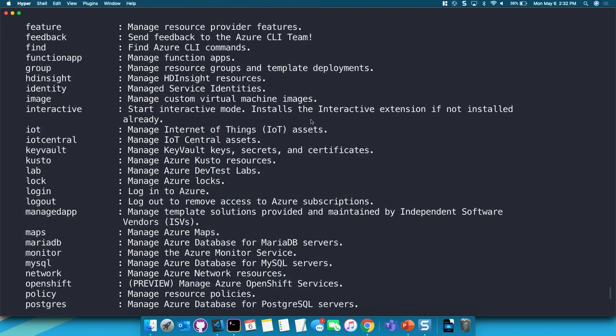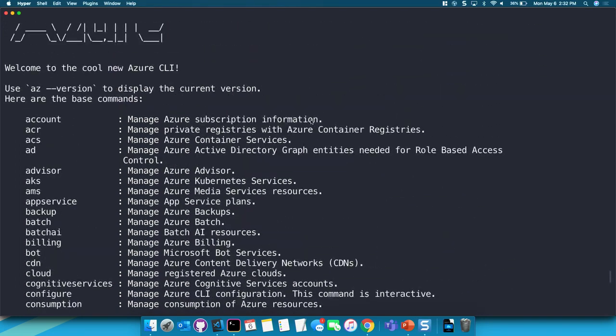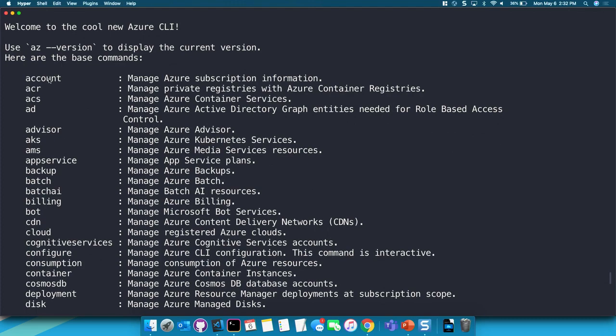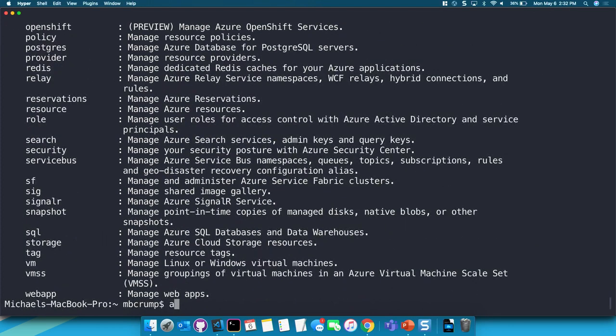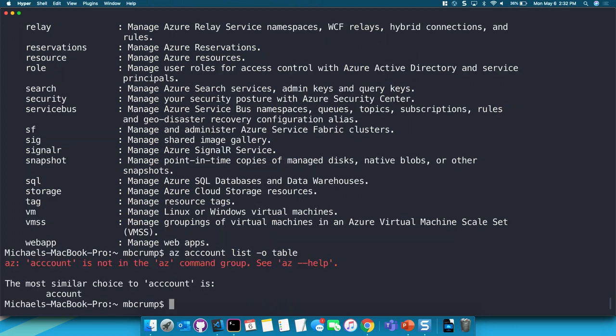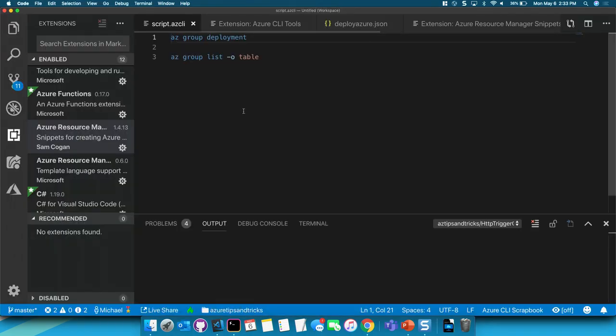And if you want to do things such as check out your account, you can do something like AZ account list like table. You can run different types of accounts from here, but you don't get the IntelliType. And what I've found is that